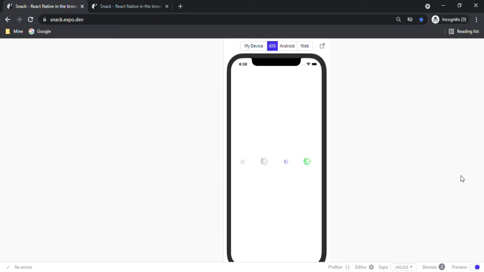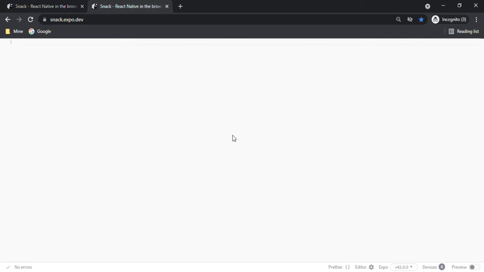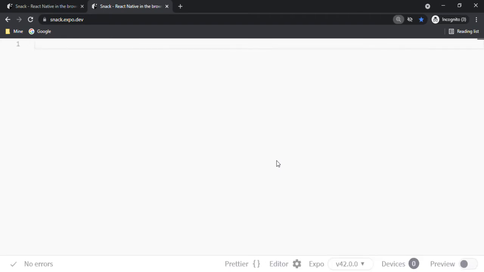For the purpose of this video, we will take the activity indicator, like you can see here: a small one, a little bit bigger one, then a small one and a green one. Let's see how we are going to use it. So now we can start the code from scratch, in a completely empty editor, and then we can start.